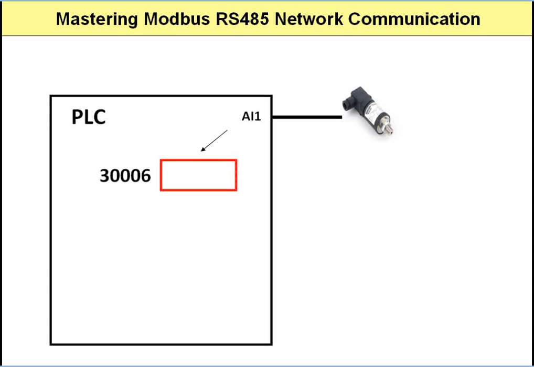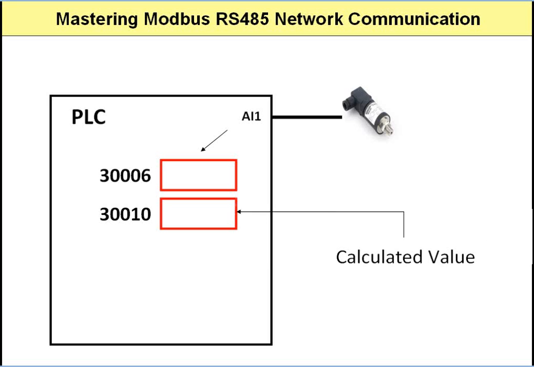However, let's say now that we use this pressure reading within the PLC to perform a flow calculation and then place the result in another input register, this time 30,010. So 30,010 would not be linked to any analog input at all, but would store a calculated value. This is a non-traditional use of input registers, but has become very typical, almost the norm, of most Modbus compliant